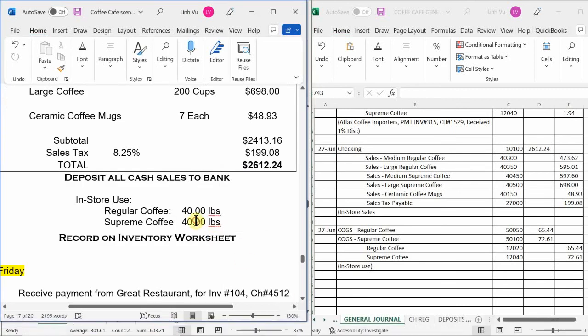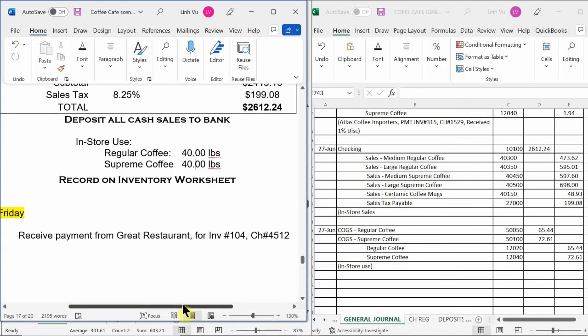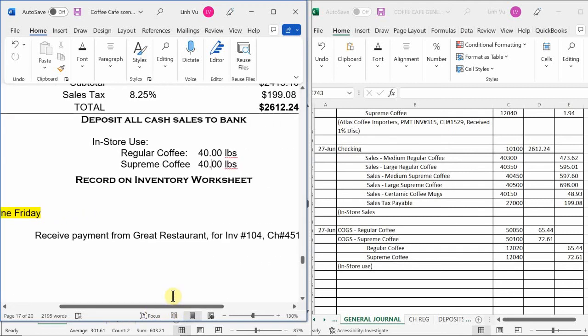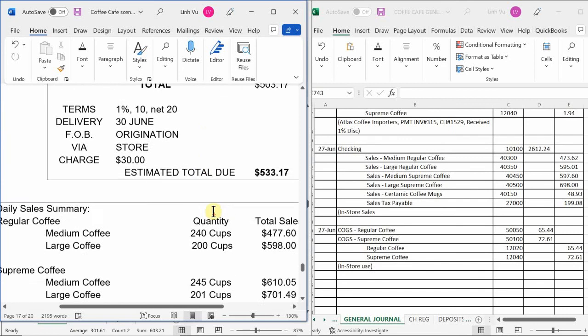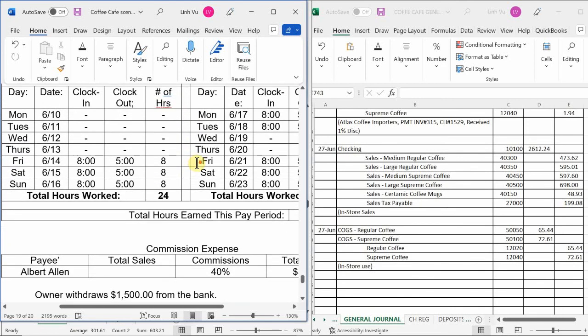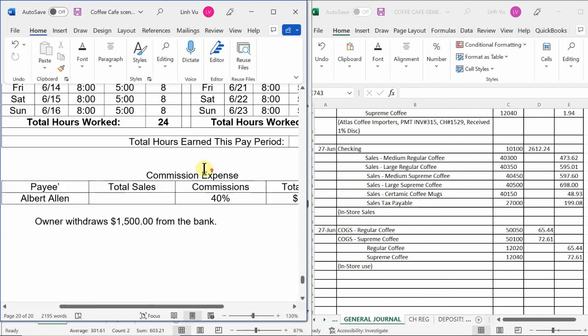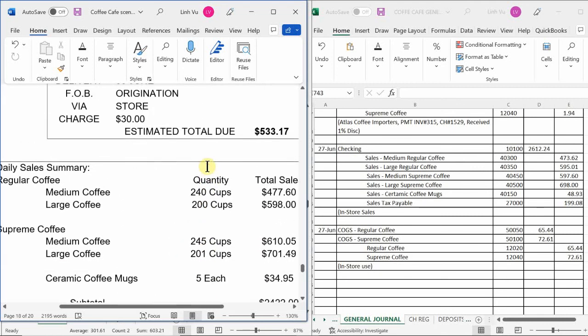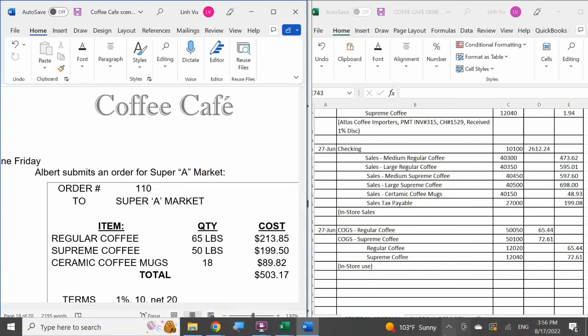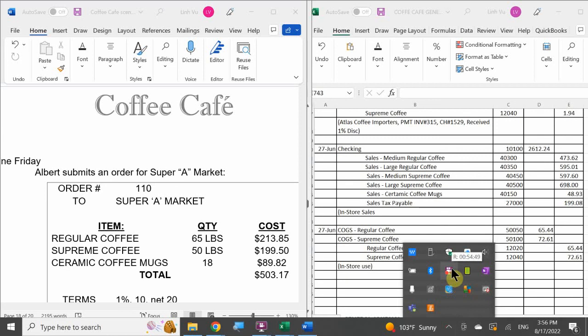So, yeah, that is it. This is where we're going to stop. That means we're going to finish up Coffee Cafe week 4. So let's see, we have a couple transactions. We have this, and guess what? We've got to go through payroll. Awesome! Right before you guys take your quiz on chapter 12 and 13. How perfect! Okay. So again, we're going to finish up week 4. Now I don't think we're going to have time to do the trial balance. We could do that on Monday. So other than that, just go